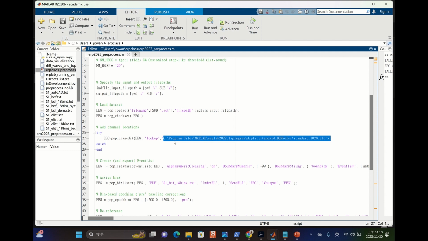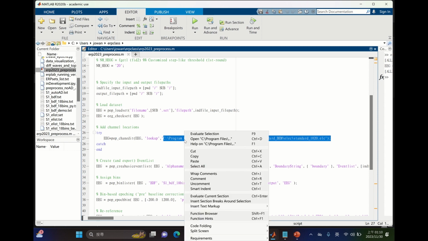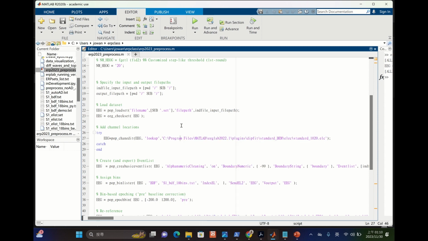In this case, my standard-10-20.elc is located in a bunch of subfolders in ERPLAB 2022.1, which is in the MATLAB folder. So you might need to change this, but if you really don't know how to change your path, it's okay,